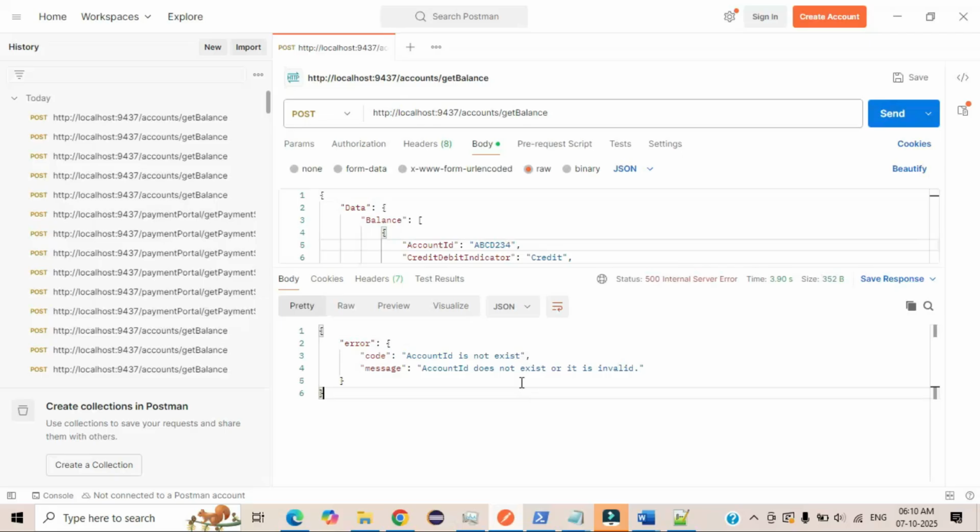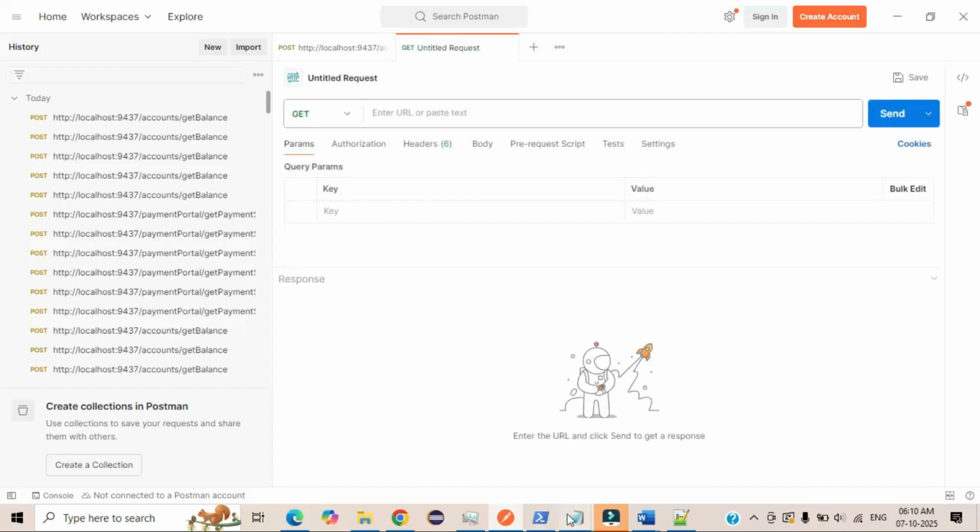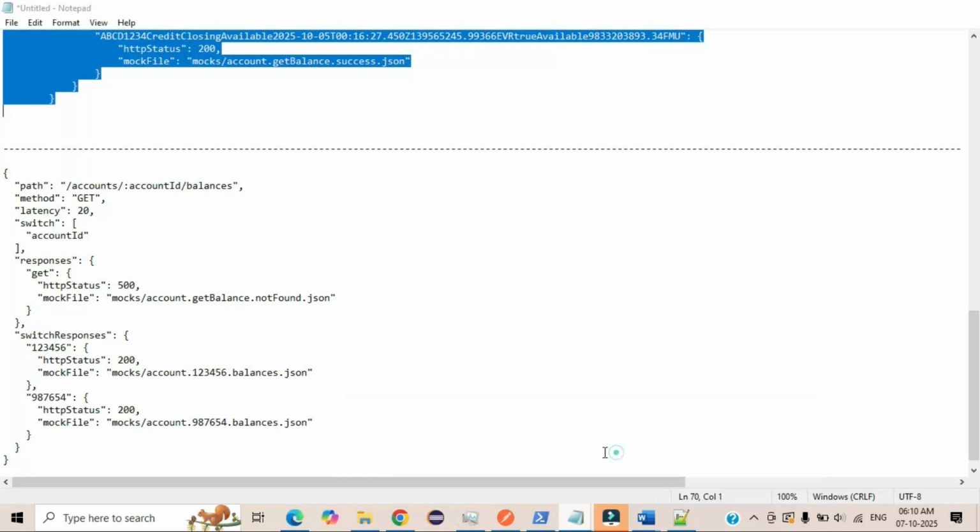So this is how API Mocker works as a real time scenario, how you can filter your API Mocker and how you can pass that. So in this way, you can easily filter your criteria. Okay, so this is how we can use it for the POST method. Let's go through the GET method. So in the GET method, this is my